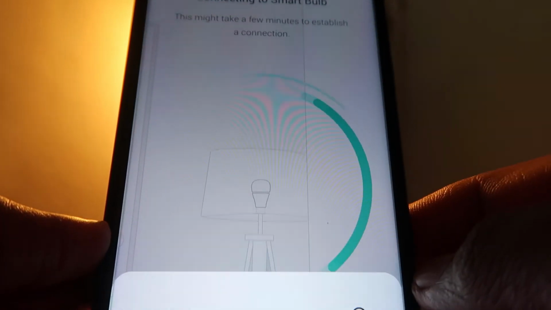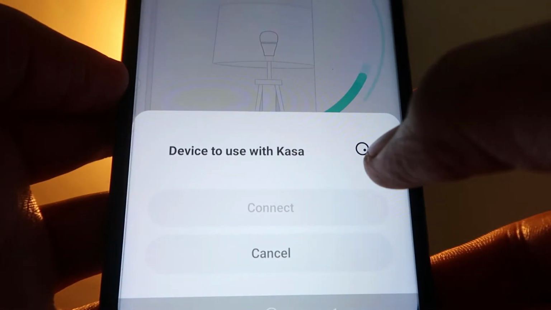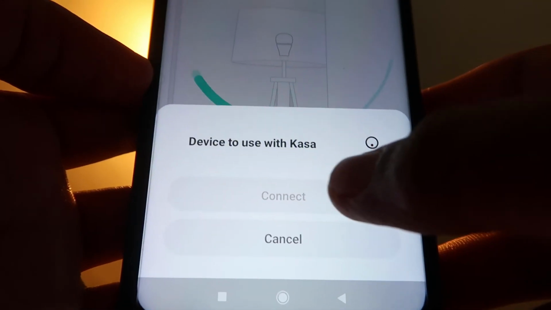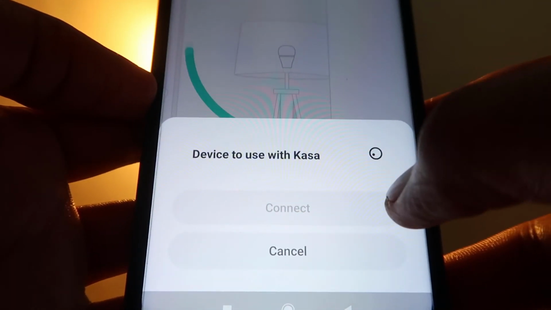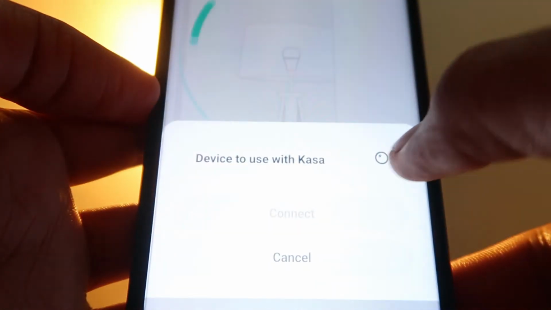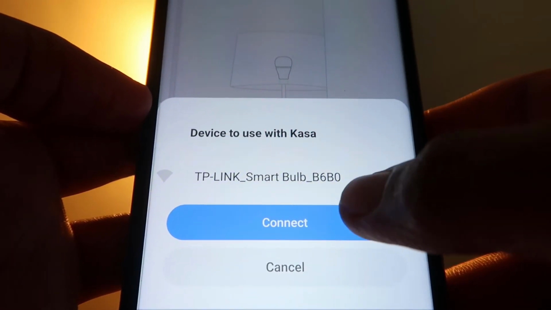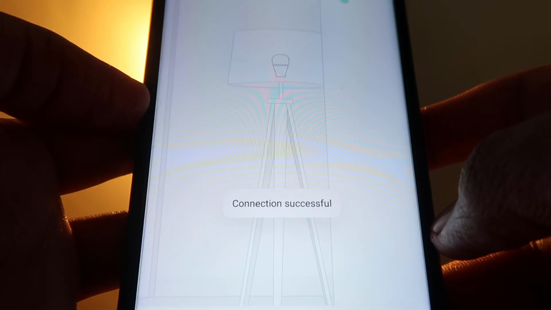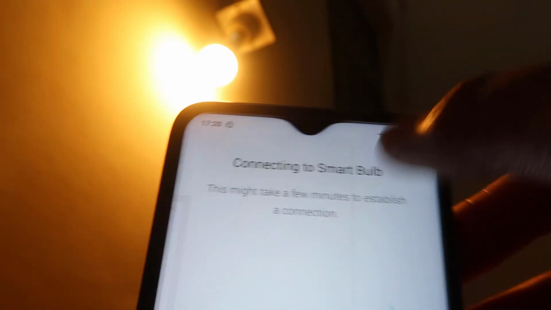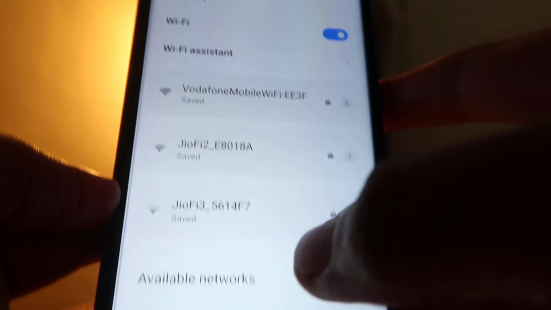Now as you can see in front of you, Kasa has detected your device, and now you will be able to connect using this connect button. For a few seconds it's searching for the device properly, and now you have to click on connect. Otherwise you can choose the Wi-Fi icon over here, and you can easily change your Wi-Fi too.